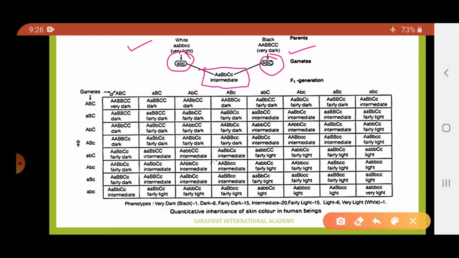What is it called? Mulatto. Now students, when there is an intercrossing between the F1 individuals, it is a trihybrid cross,